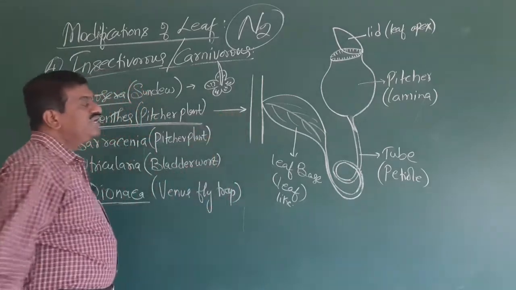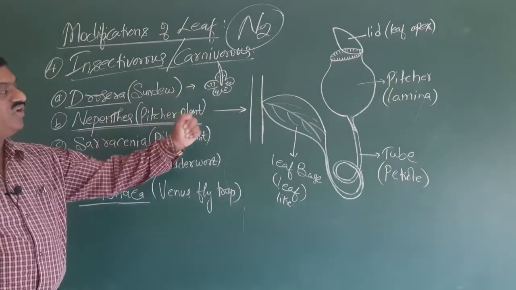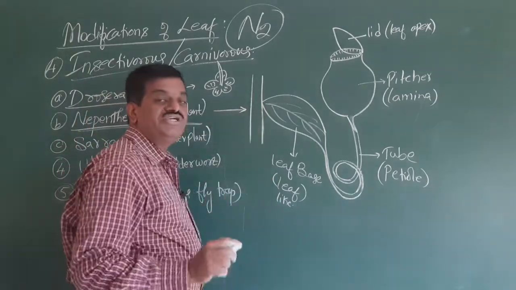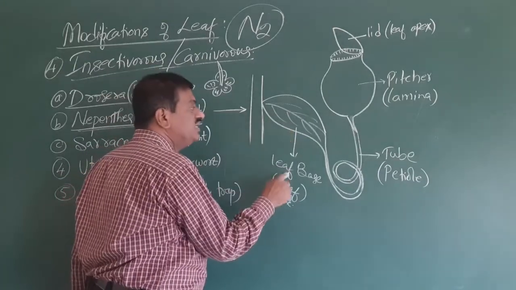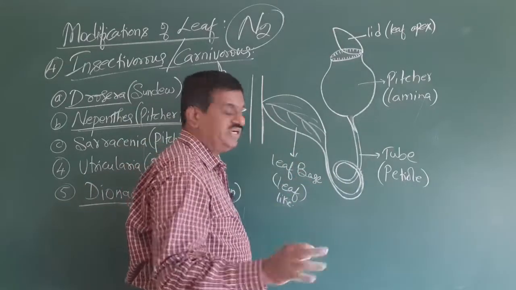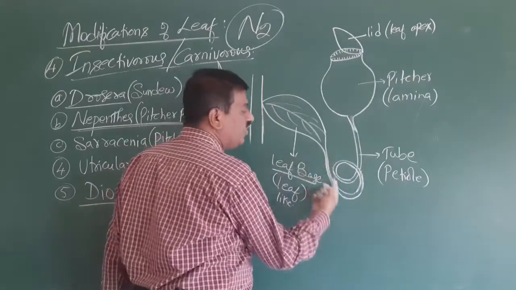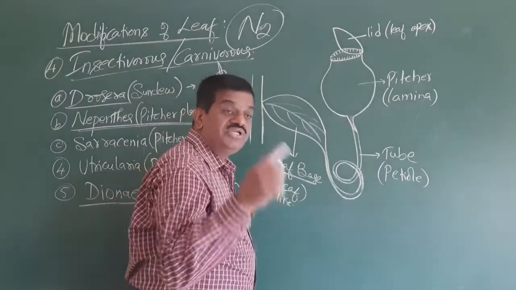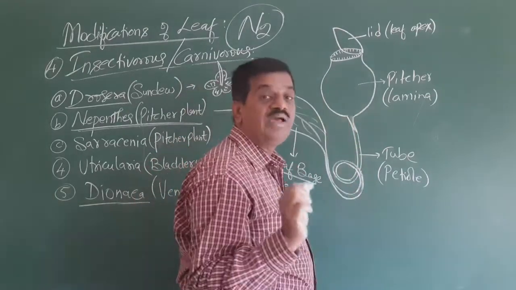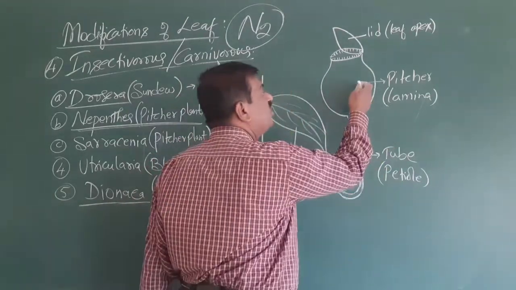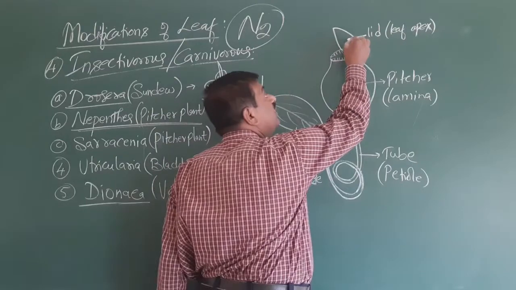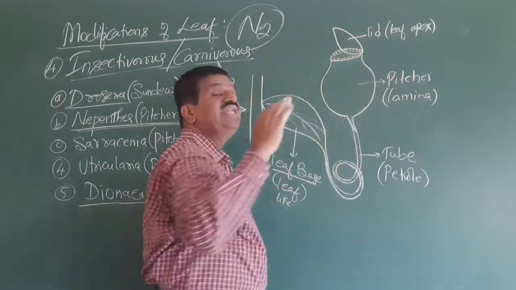So in a pitcher plant, what is modified into what? Just we are going to see here at the leaf base, or at the nodal region. The leaf base looks like a leaf. It is modified and it is looking like a leaf, but it is leaf base. Whereas the second one is called the petiole. The petiole is coiled and it is like a tube. Whereas the third one is called the leaf lamina. Leaf lamina is modified like a vessel. It is called the pitcher. So the leaf apex is modified like a lid.